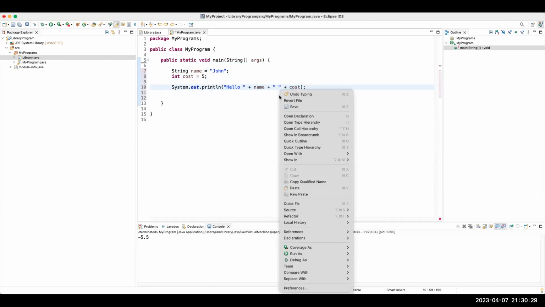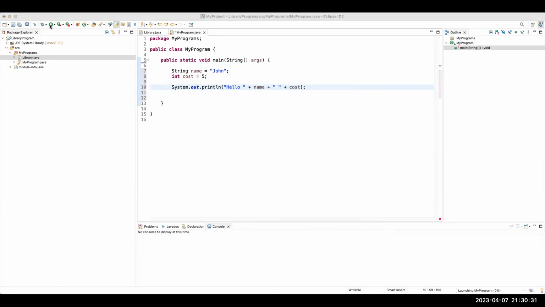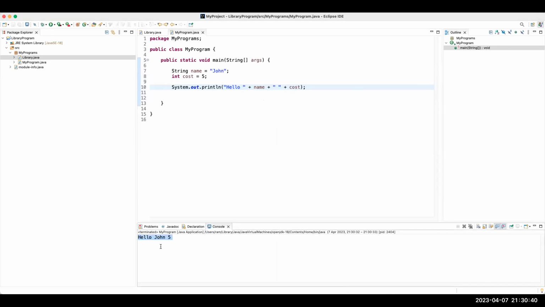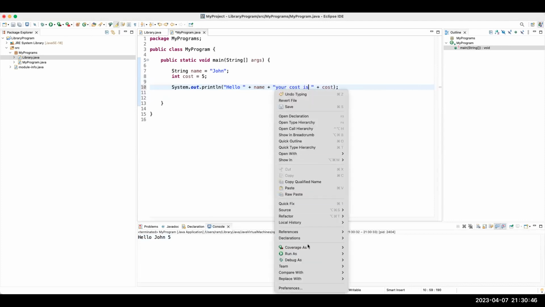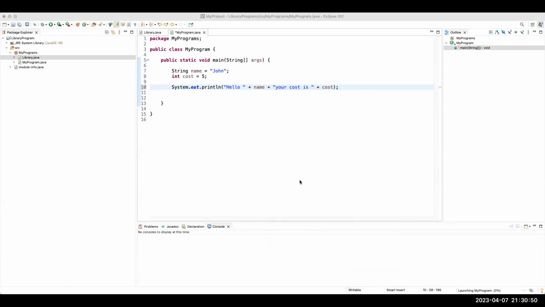Now, this is a really tiresome way of doing it. You can do it in JavaScript this way, but JavaScript has a different way of doing it, which is more intuitive. In Java, you're stuck under this constraint. Hello, John. I could just say your cost is, and then it'll say, your cost is. Okay, see, I have to add a space there. I could say your cost is 5. And then I could be even a little more fancy. Let me just add a